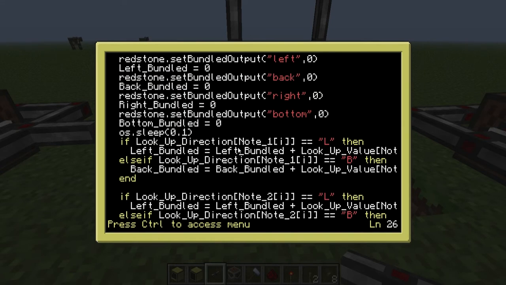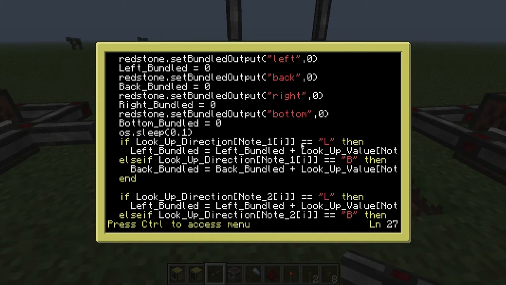This os.sleep command works well, because if you take it at 0.1 second and then take into account the time it takes to go through all this code, it roughly works out as each note being about 1/8 of a second. That's not exact, and it does change with the number of notes you have, because if you think about it, if you've only got one instrument, one set of notes, well,